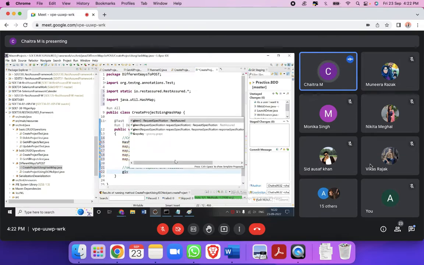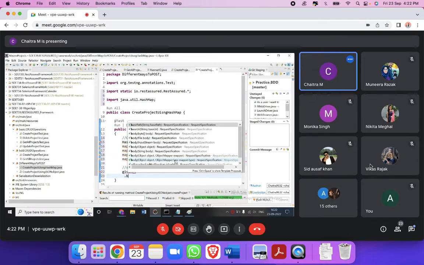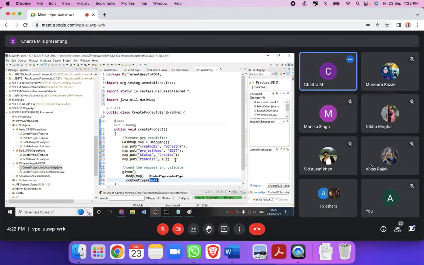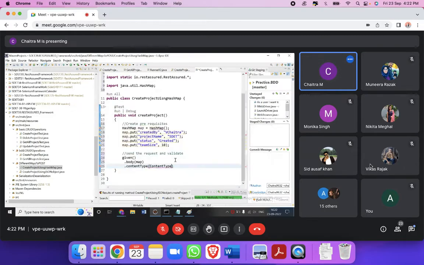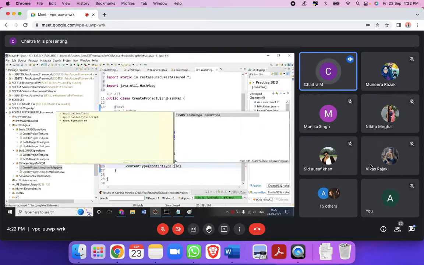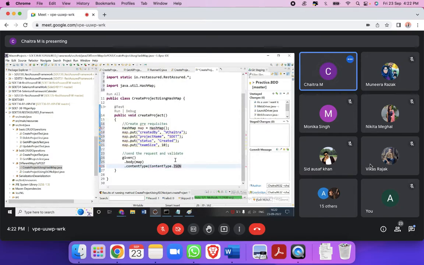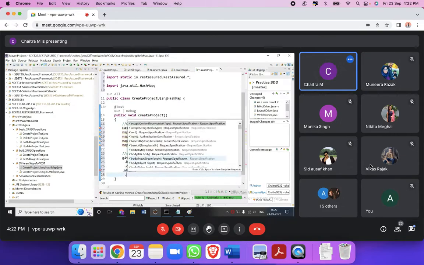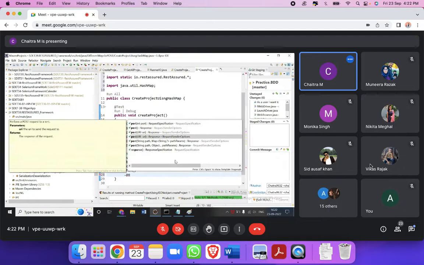Then start with given dot send the body, send map, dot set the content type dot JSON. So rest all are same. The way you read the data is different. That's all. So dot post,